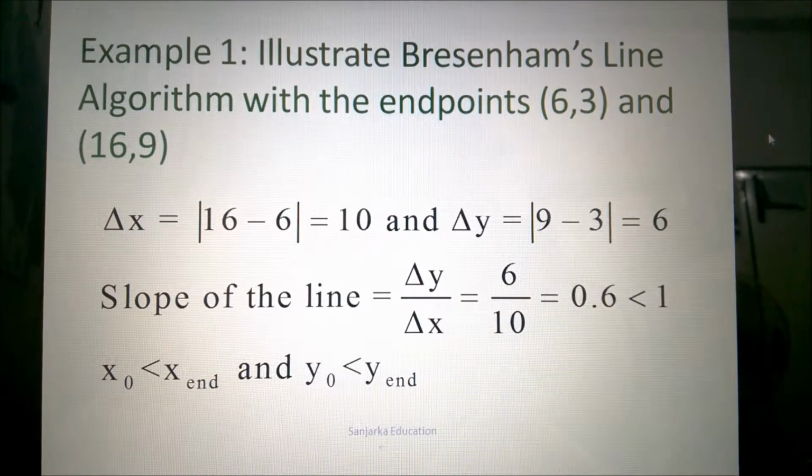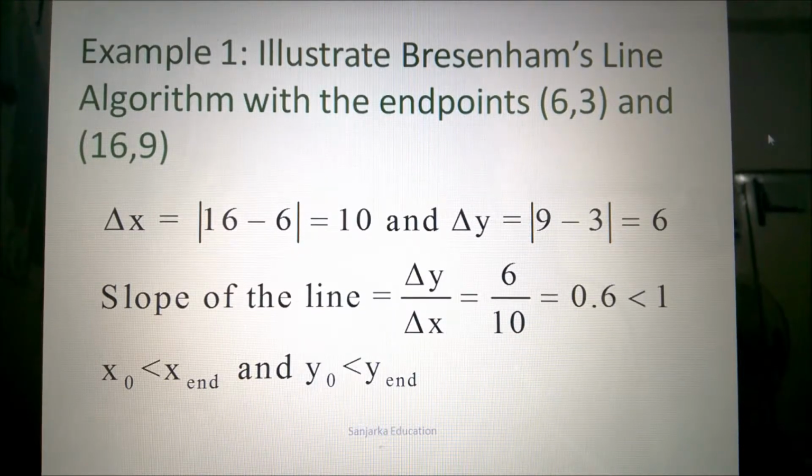We will now illustrate Bresenham's line drawing algorithm with the starting point (6, 3) and the ending point (16, 9). First we have to find delta x, which is 16 minus 6, the ending x coordinate minus the initial one, and similarly delta y for the y coordinate. Then we find the slope of the line, which is 0.6,